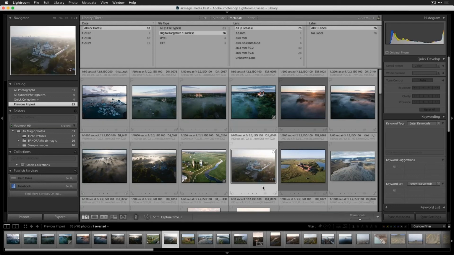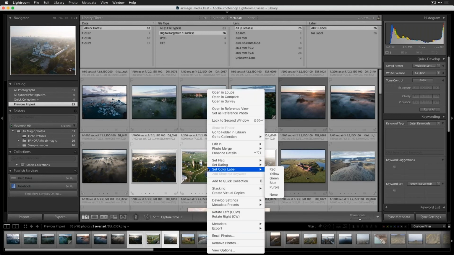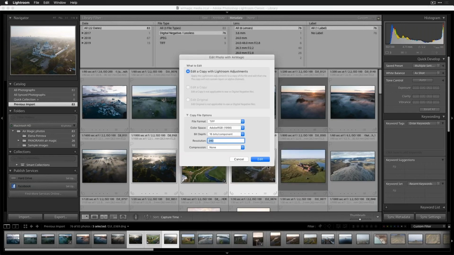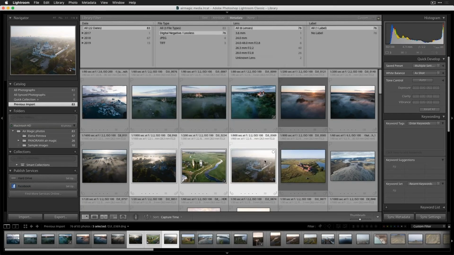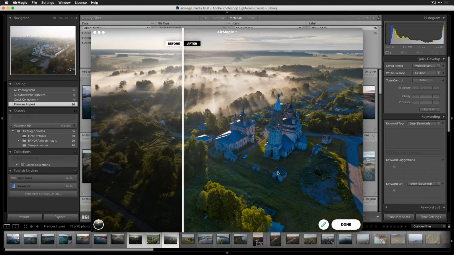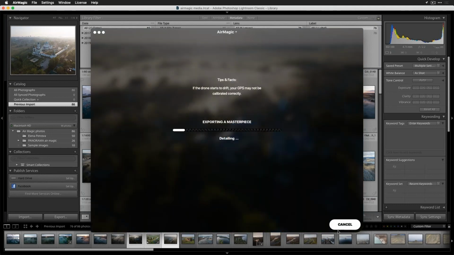If I wanted to, I could select multiple images inside of Lightroom. And if I say edit, I will open this up in AirMagic. What happens here, it'll use the same default settings, and I always use the same settings, is it will open these images up one at a time, and it'll let me process them. So basically it's like preloading a bunch of images, and I can take a look and say, yeah, I like what that's done. And then it sends it back. And as soon as that one goes back into Lightroom, it will launch the next image for me to work